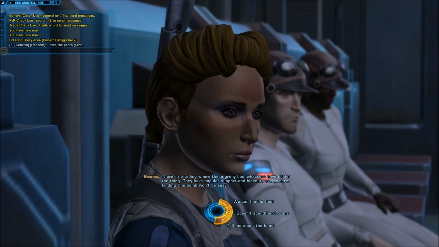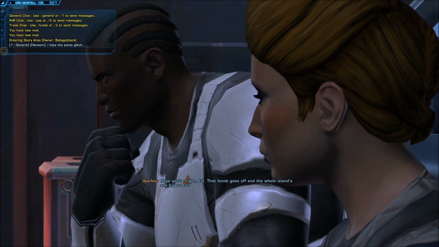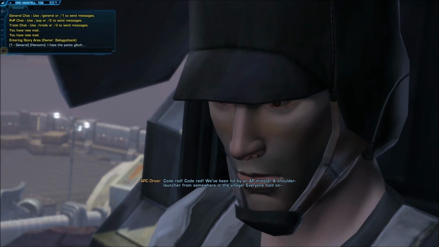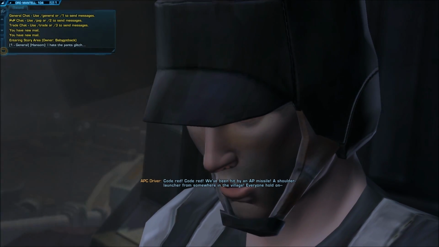Yeah, we can handle this, sir. No mission is too tough for Havoc Squad. Hope you're right, kid. That bomb goes off and the whole island's one big crater. We'll get a full op brief once we reach Fort Garnick. For now, just sit back and... Oh, damn! Red, we've been hit by an AP missile and a shoulder launcher from somewhere in the village. Everyone, hold...